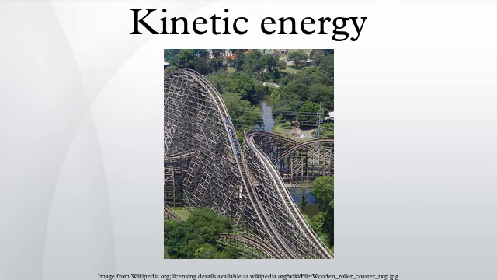Since the kinetic energy increases with the square of the speed, an object doubling its speed has 4 times as much kinetic energy. For example, a car traveling twice as fast as another requires 4 times as much distance to stop, assuming a constant braking force. As a consequence of this quadrupling, it takes 4 times the work to double the speed. The kinetic energy of an object is related to its momentum by the equation KE = p²/2m, where p is momentum and m is the mass of the body.